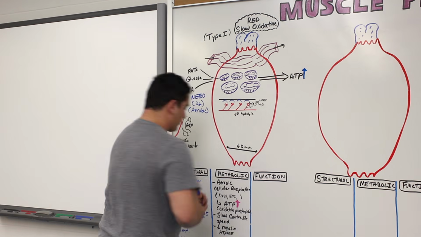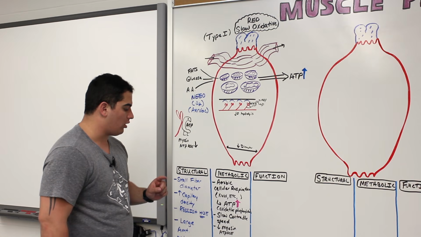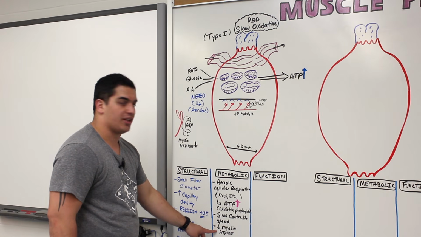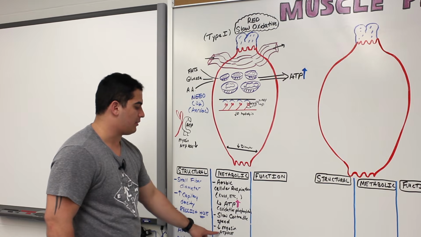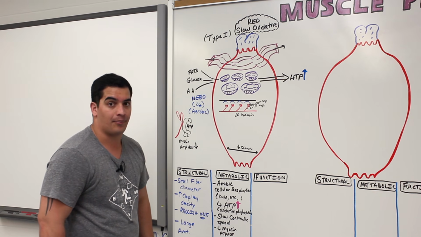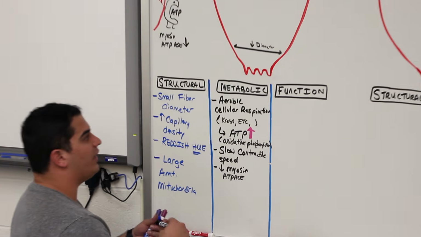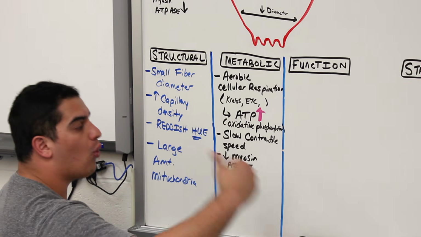Okay. Next thing about this skeletal muscle fiber. We know that it contracts slowly. We know that the speed is very slow. But here's what's really cool about this muscle. Because it contracts slow, it can last a long time. Okay? So because it's contracting very slowly, the activity of this skeletal muscle fiber can go on for a long